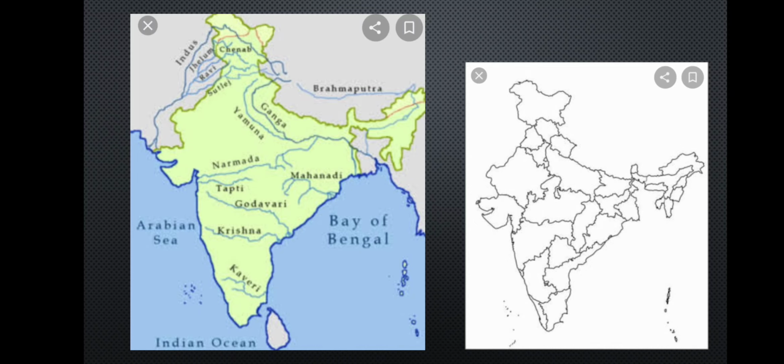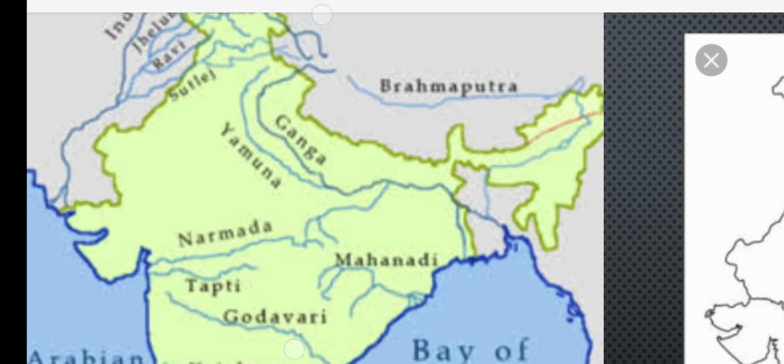So rivers always originate from any highland, mountain top or plateau, and always move towards a large water body, like lakes, the ocean and the sea. And the small tributaries of a river meet with the main river. So now let us enlarge the map and see.